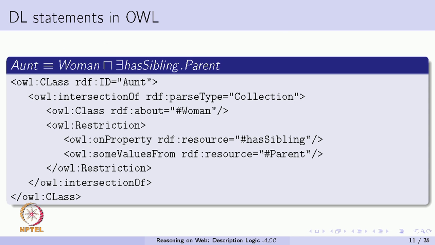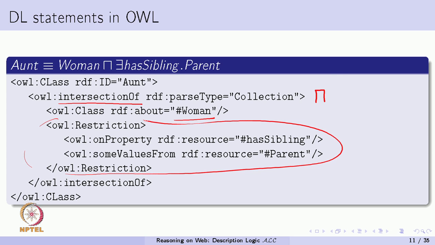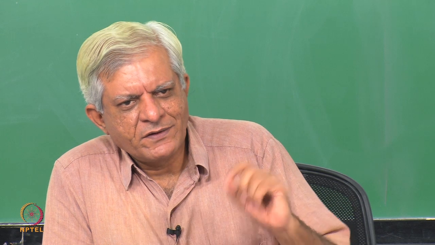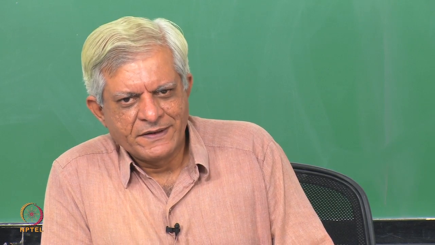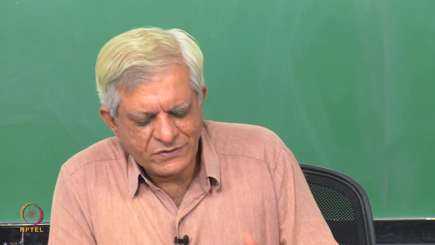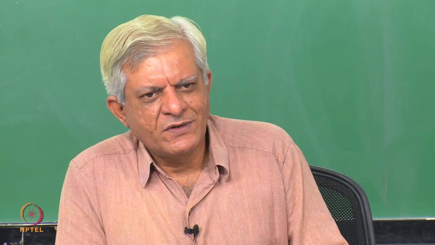Here is this other relation, notion of an aunt. So, we are defining a class called aunt, which is the intersection of, which is that symbol in our description logic, these two classes, one is woman and the other thing is this whole restriction on property has sibling, and the restriction is that you must be a parent essentially. So, the kind of restriction R that we were trying to define earlier is in fact used in OWL language here. So, I have shown you these two OWL statements only to